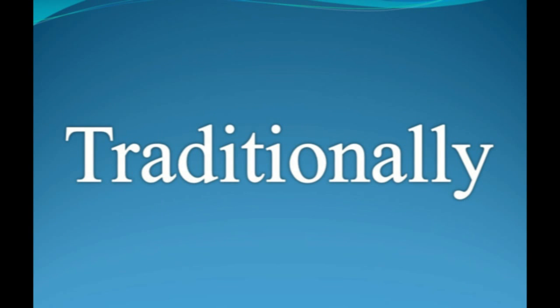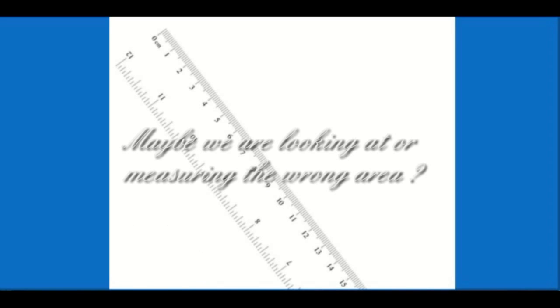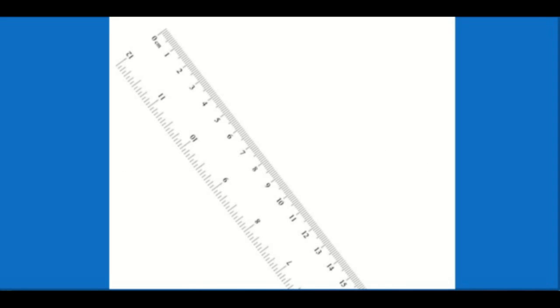So conventionally, or by tradition, we've, as I've said, measured the caudal pole of the adrenal gland, and we've compared that to measurements that have been published in the literature. The thing to take into mind is, do we really want to make a diagnosis with a ruler? Although it's been a tradition to do so, or by convention, do we really make a diagnosis with a ruler? So when in the past we've measured the caudal pole,